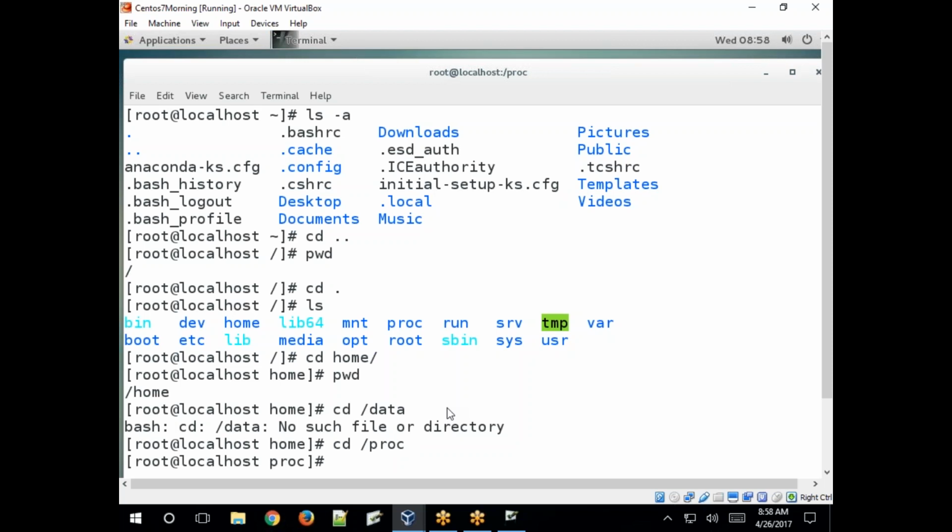So that represents the directory name. If not specified, no need to specify /. If not specified, it will still change because the home directory exists under the current working directory. If the directory does not exist, it shows no such file or directory. So we need to specify the correct path.